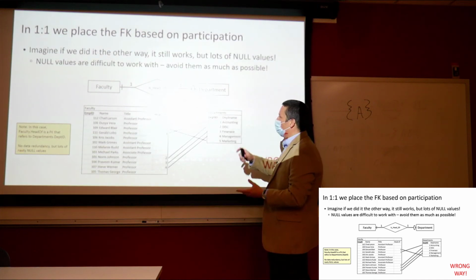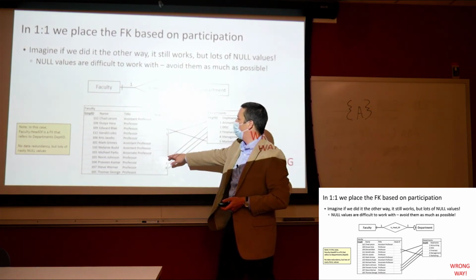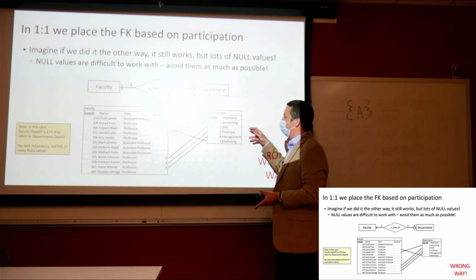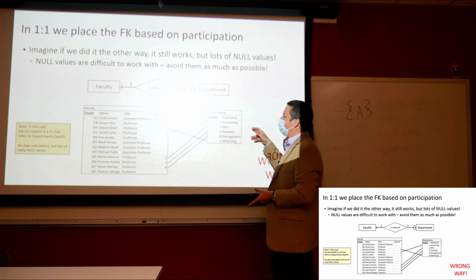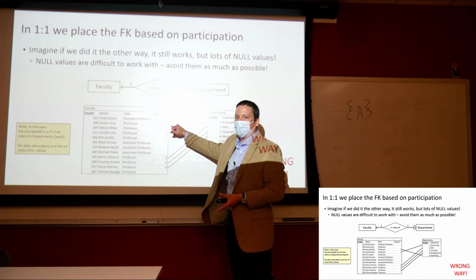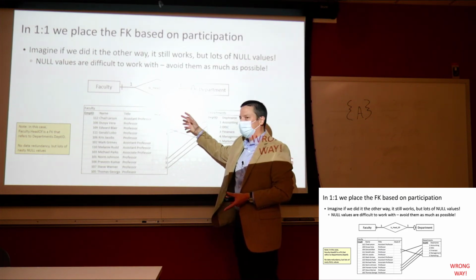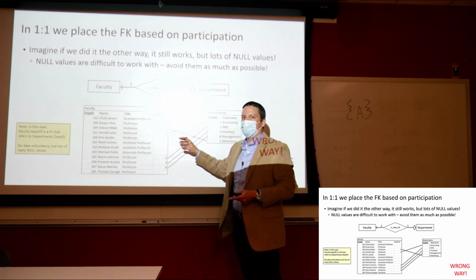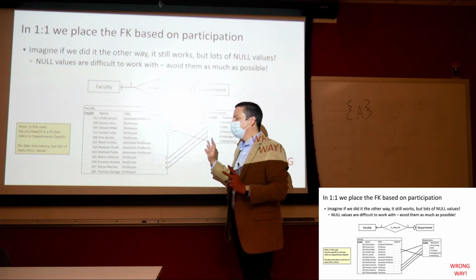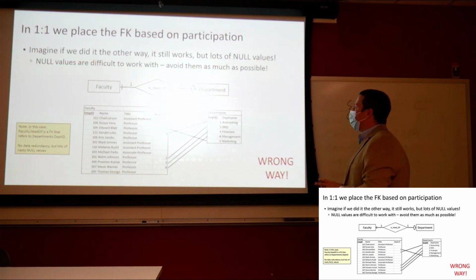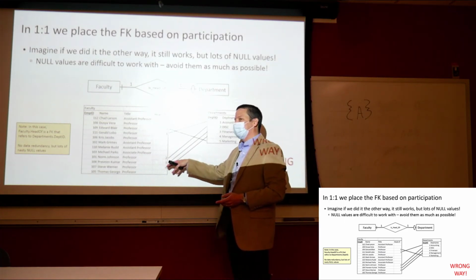If we did this the other way, if we put the foreign key over here with faculty, this actually still works okay. We don't introduce a lot of data redundancy, but what have we introduced that makes our data a little more difficult to work with? Yeah, a bunch of null values, right? And as we will come to see when we start writing SQL code, null values just make SQL act weird sometimes. The more you can avoid having a lot of null values, the better off you're going to be. So no redundancy here, but this is just a less effective way